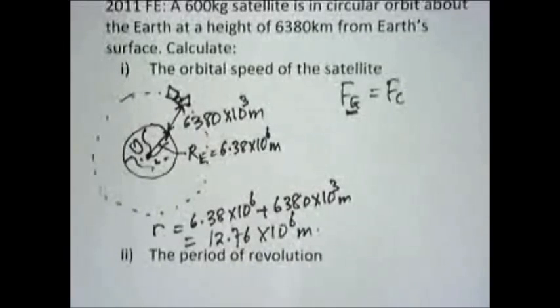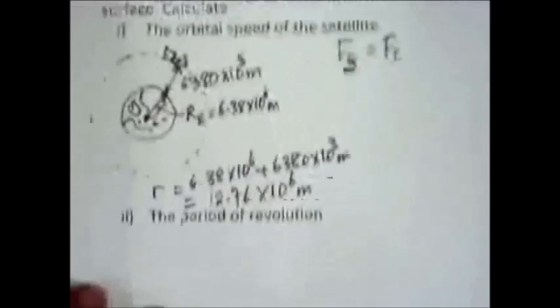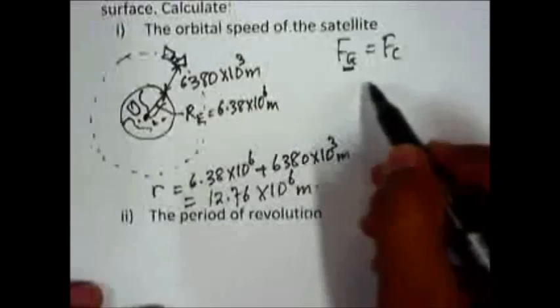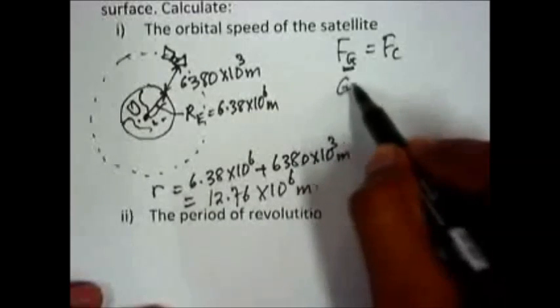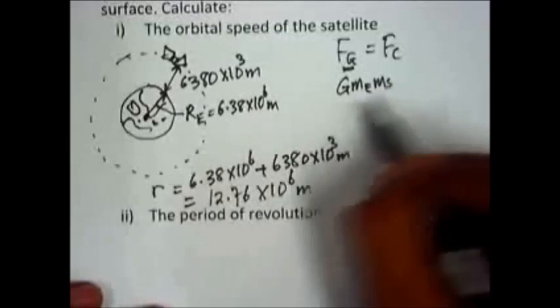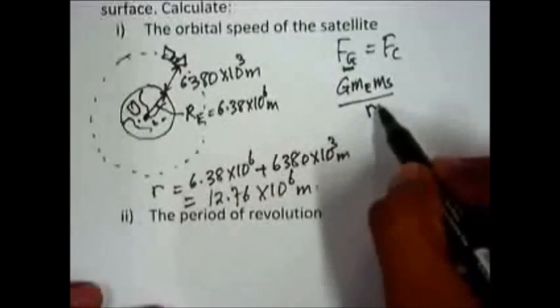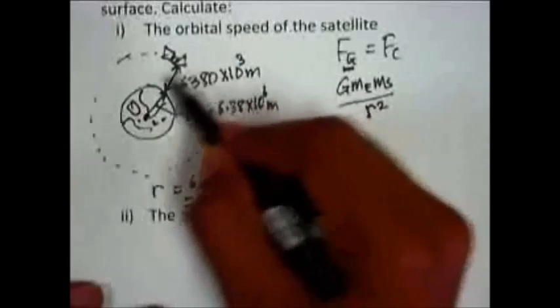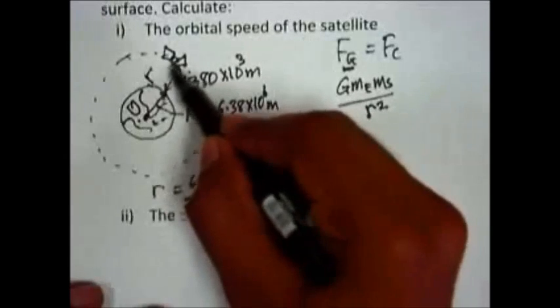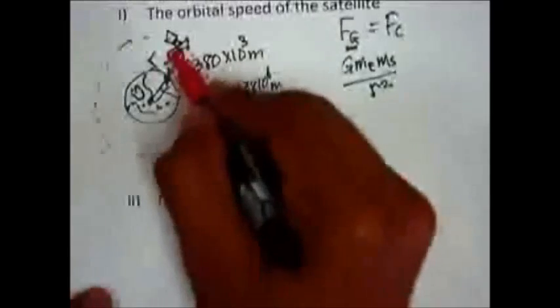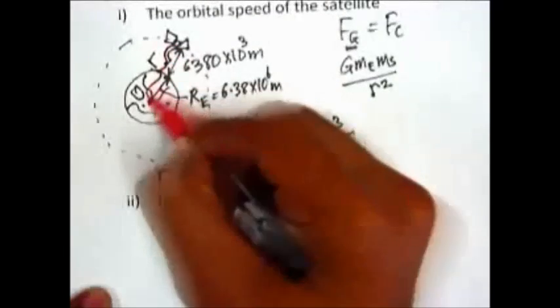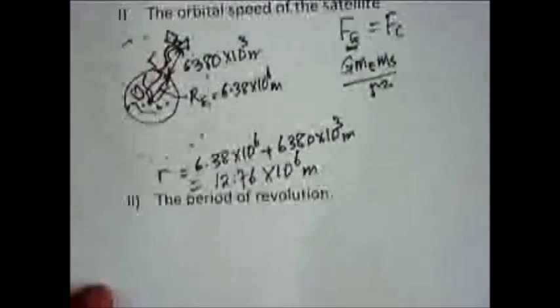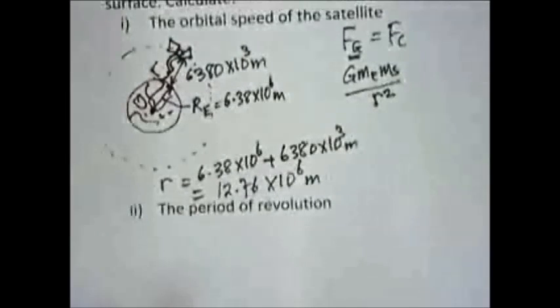Now when you try to find the orbital speed, you do G, mass of Earth, mass of satellite, over r squared, and this r squared is the total distance. That is your r. That distance